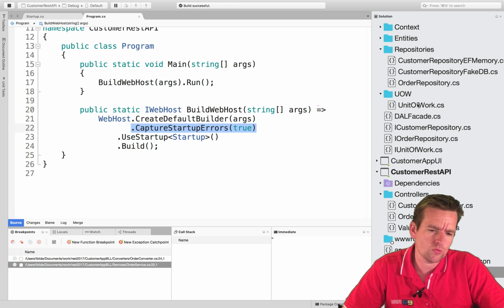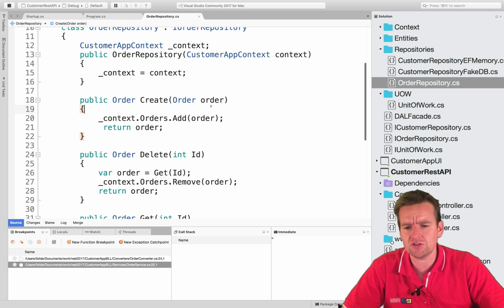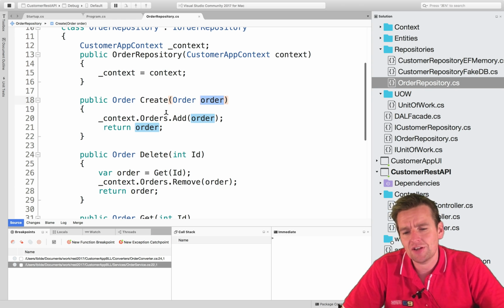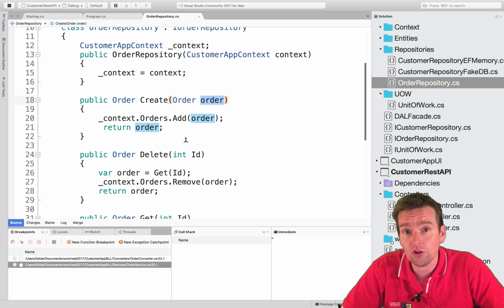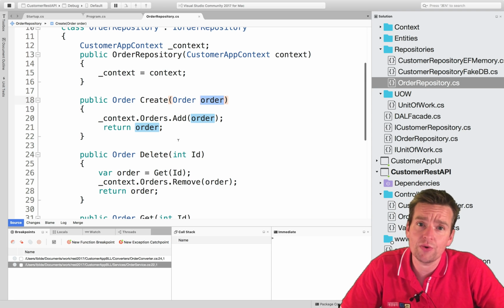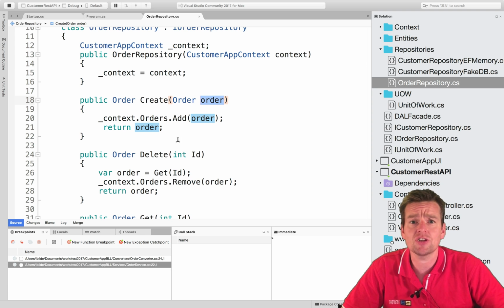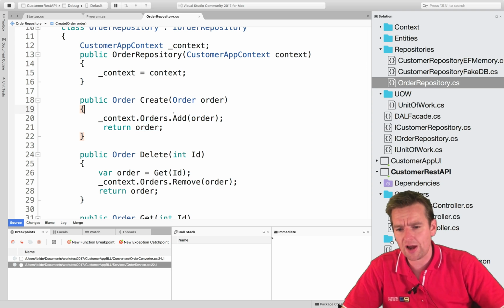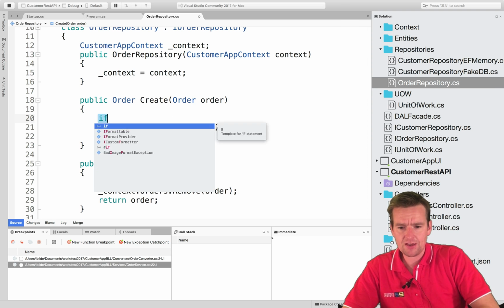So what we're going to do is go into the order repository, and inside the order repository, when we create an order, I expect that if the customer is actually there, if it's not null, then I expect the customer is already created in the system right now. That's a choice you can make. That's the choice I'm going to make right here. So I expect that if